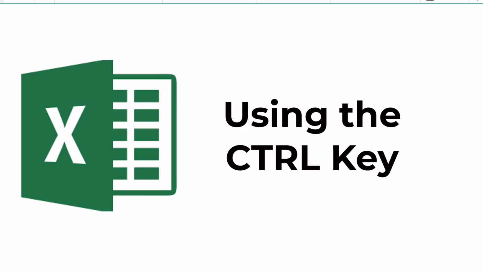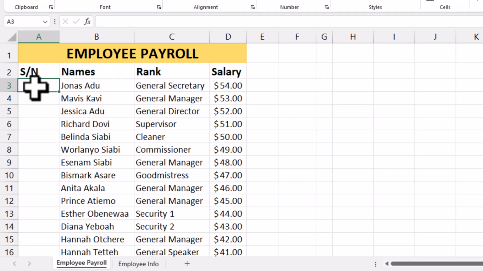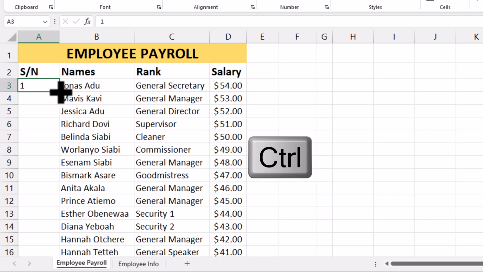Now let's move to the fourth method, and in this method we are going to select this cell because the employee name is located here, so the first serial number is going to be located in this area. I'm going to type the number 1, hold the control key and press the enter key on the keyboard. Now I have kept this cell selected. Now holding this fill handle, I'm going to attach this with the control key on the keyboard and drag this